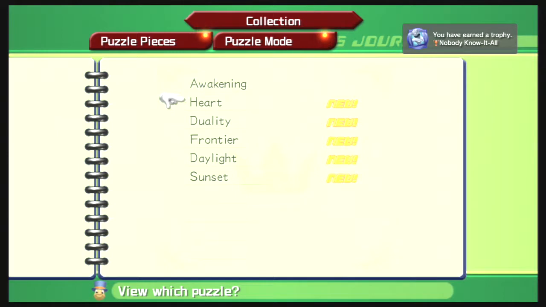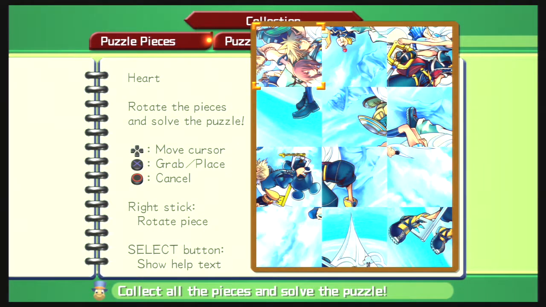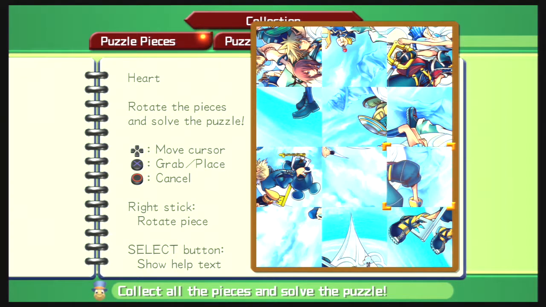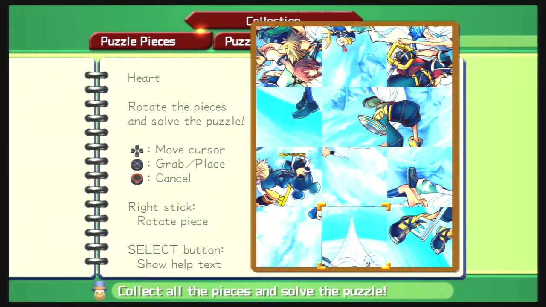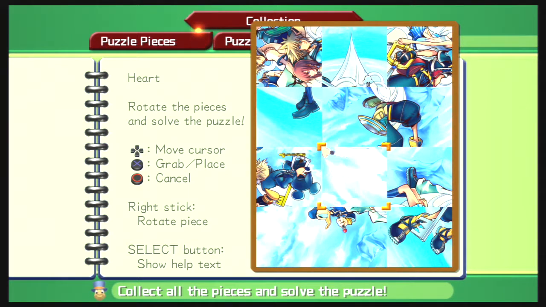Let's see if we can do heart. Nobody know-it-all. Does that mean I have all the nobodies? Whatever. This ought to be easy. I have a feeling that one goes there. Maybe higher, actually. This one looks like it goes at the top. D-pad, start working. Holy crap, this thing's actually sideways. Okay, so...